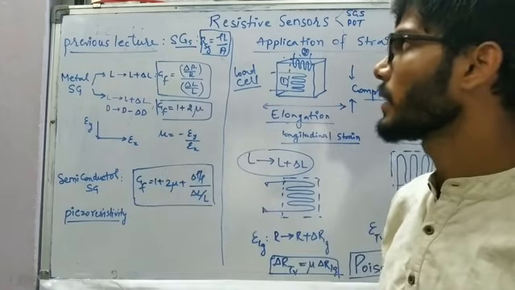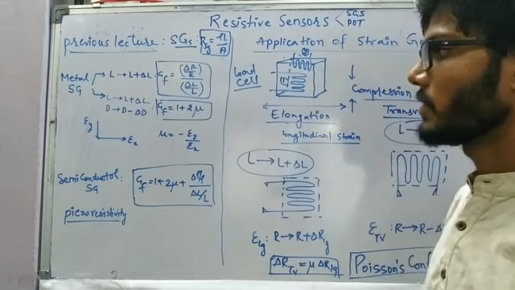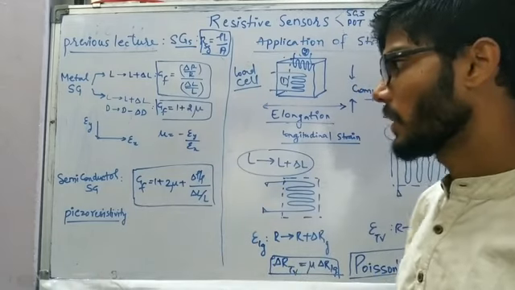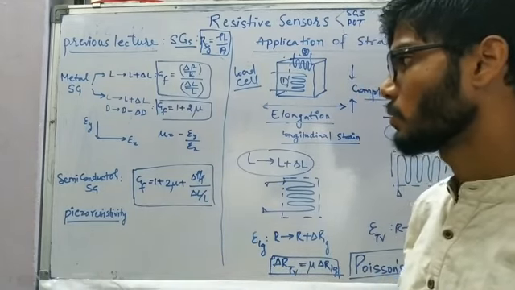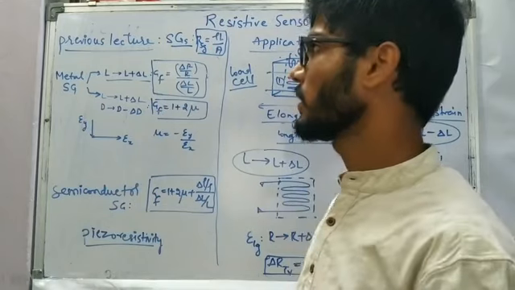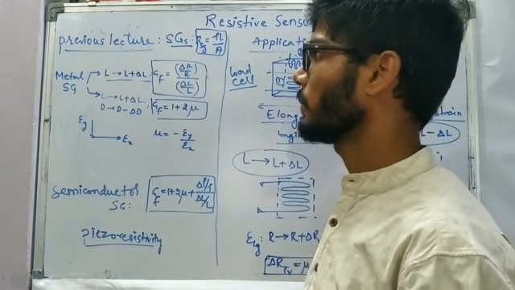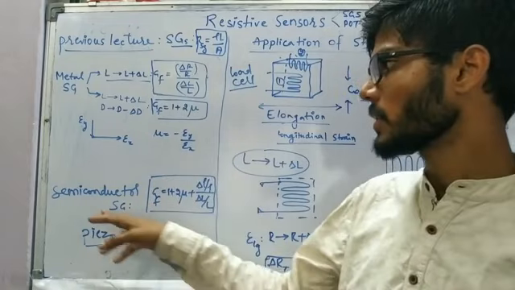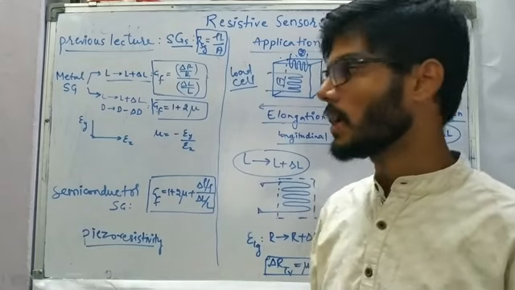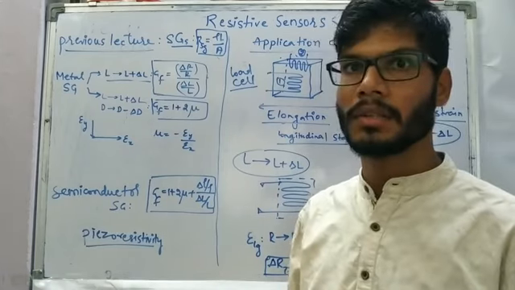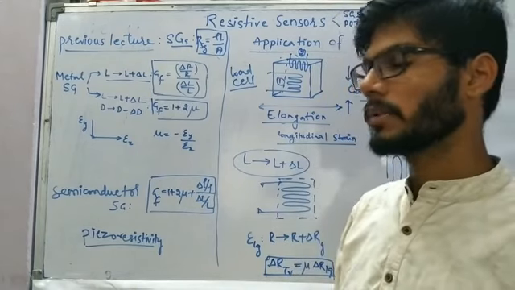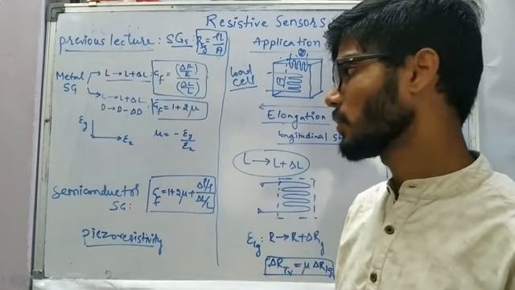And in the third case, if we are taking the resistivity effect into consideration as well, it is going to be named piezoresistivity, and the strain gauge will be named a semiconductor strain gauge, and the gauge factor will come out as 1 plus 2 mu plus del rho by rho divided by delta L by L. Based on these three effects, any of them can be used in practical applications. Of the three, semiconductor strain gauges are mainly used where the sensitivity required is much higher, and they are limited within the range of stress, because as we move toward higher sensitivity, the range of the strain is going to be limited.